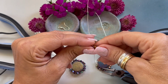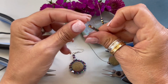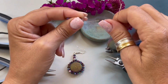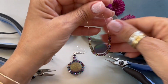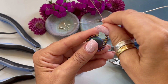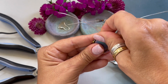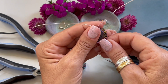Now I'm going to pick up 5 of the hematine and we're going to string those down, and then 5 more for the other side, and we're going to string those beads down. Now we're going to start to shape our beads. And we need to make sure the beads are nice and tight. So we're going to go one that way, and then this way,